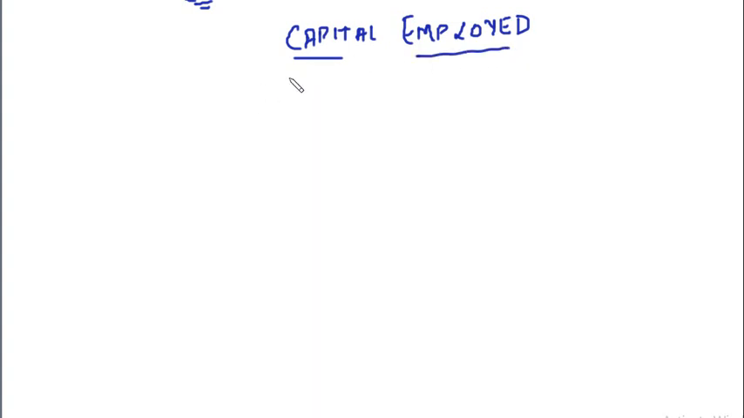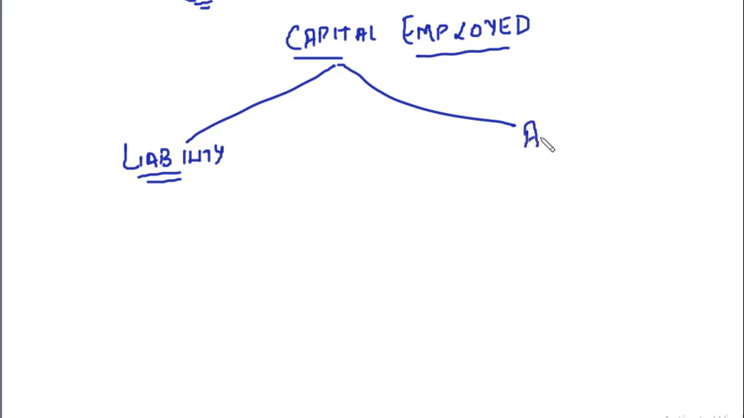See, there are two approaches. If we talk from the accounting point of view, there are two approaches. The first one is liability approach, right? The other one is asset approach. What is liability approach? It says